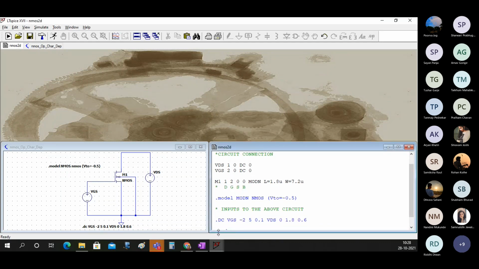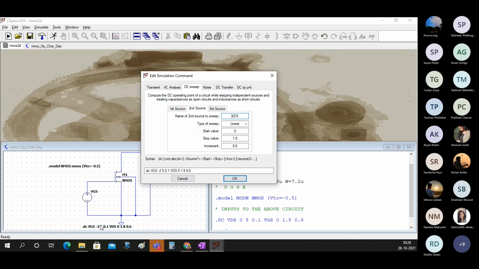So now here, first we will interchange VDS and VGS. And here now instead of -2 it will be from 0, and other things will be the same. Similarly here also.